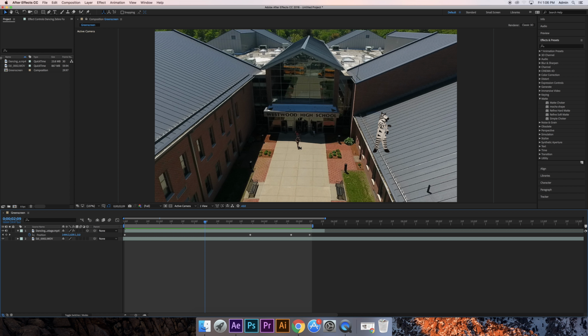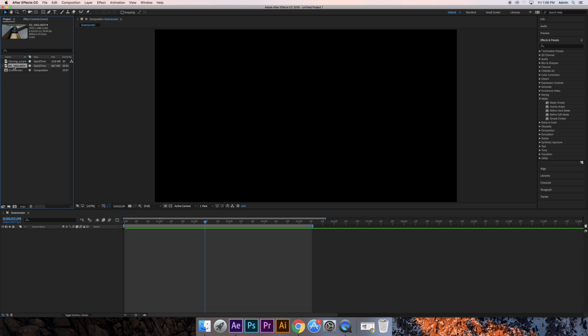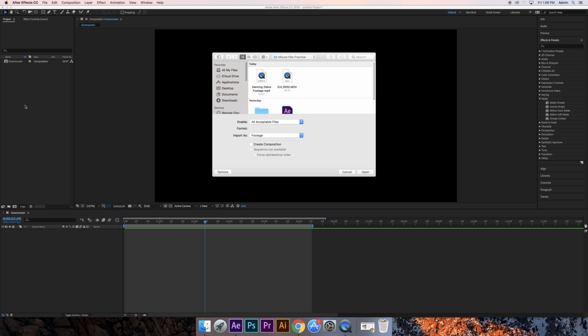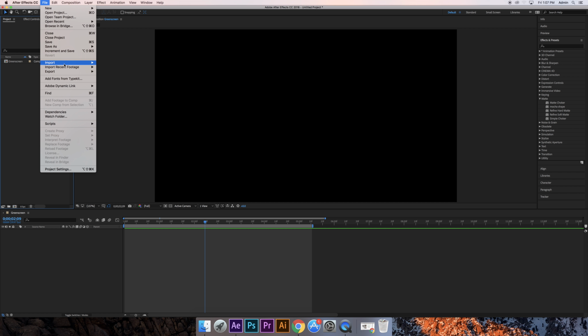And I'm going to start from the beginning, and I'm going to delete what I have here. The first thing we need to do is import our green screen footage and our background drone footage. So there's two ways to import footage. You can either double click in the project panel, or you can do File, Import